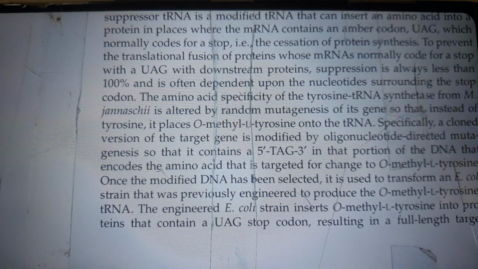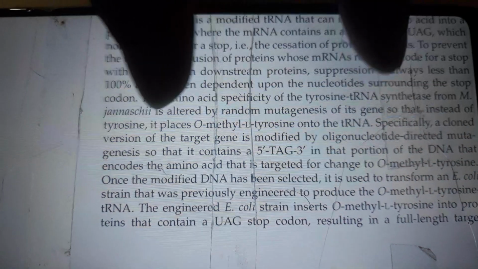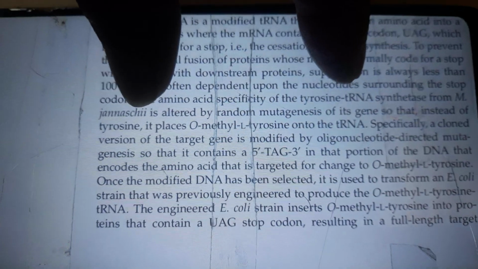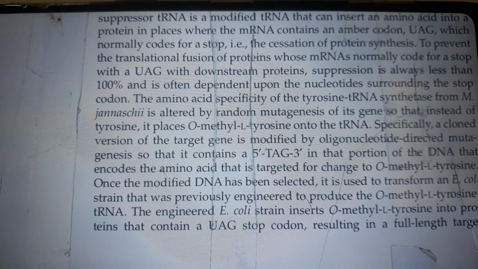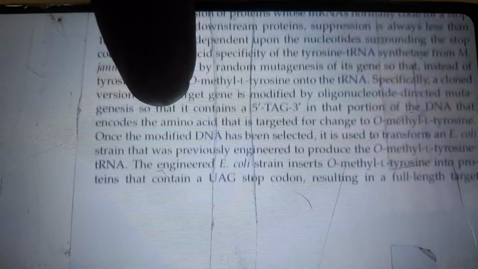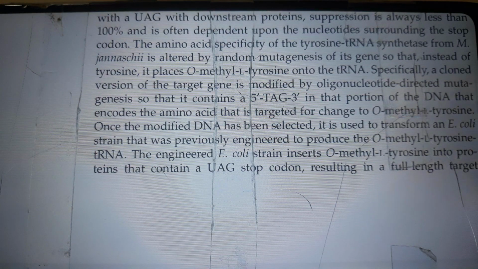The amino acid specificity of the tyrosine tRNA synthetase from M. jannaschii is altered by random mutagenesis of its gene, so that instead of tyrosine, it places O-methyl-L-tyrosine onto the tRNA. Specifically, a cloned version of the target gene is modified by oligonucleotide-directed mutagenesis so that it contains a 5' TAG 3' as a portion of the DNA that encodes the amino acid that is targeted for change to O-methyl